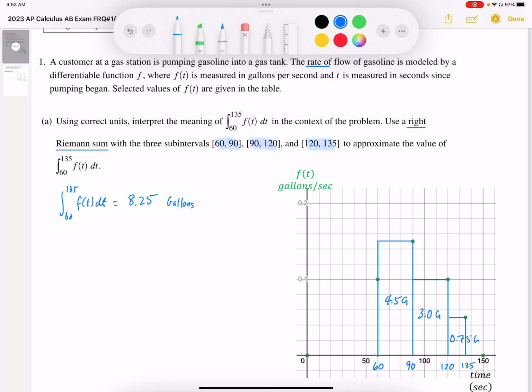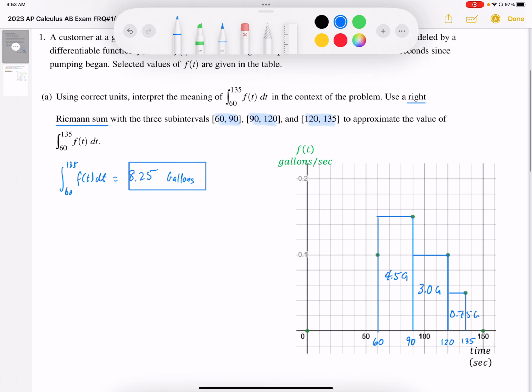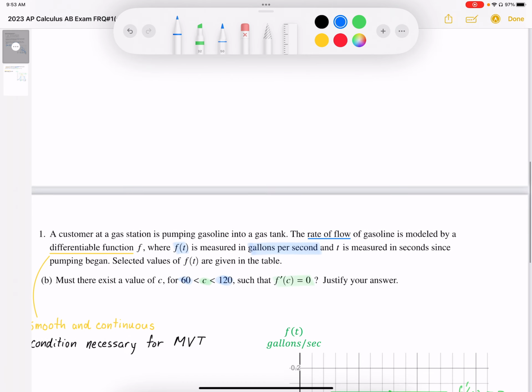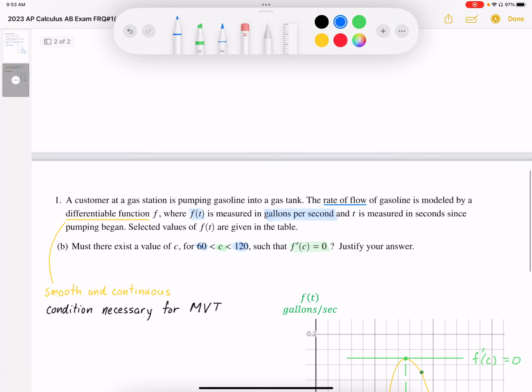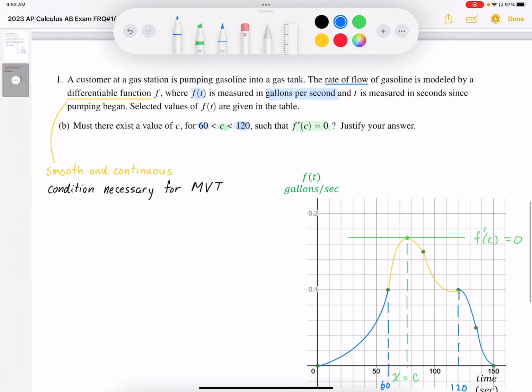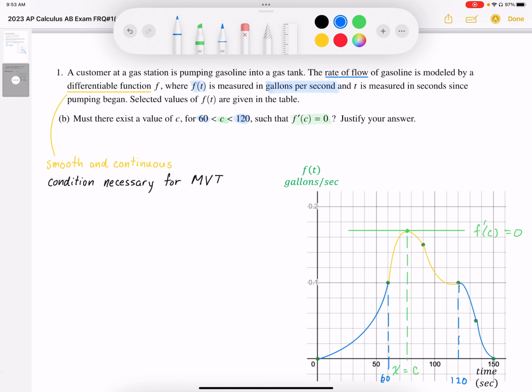So we've got the correct units, and in the context of this problem, we understand what the units represent. It represents the total volume, and we've used a right Riemann sum to do this. Okay, so part B says there must exist a value of c, where c is between 60 and 120 seconds,